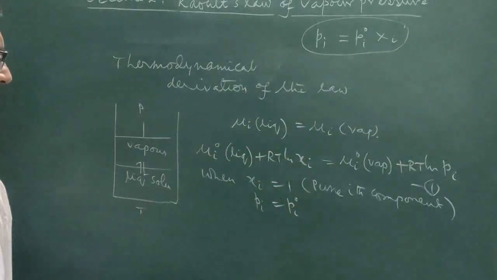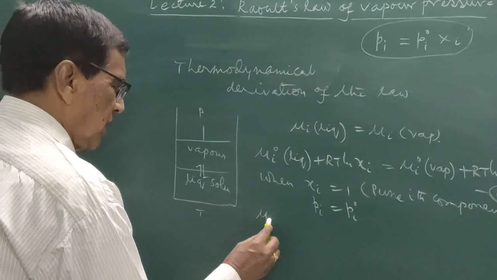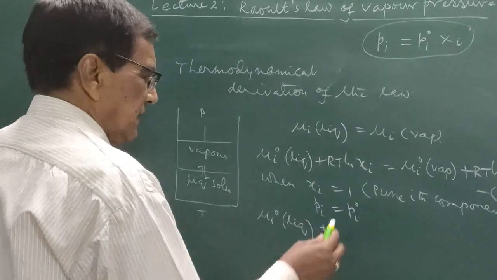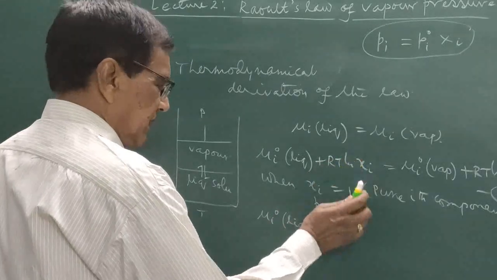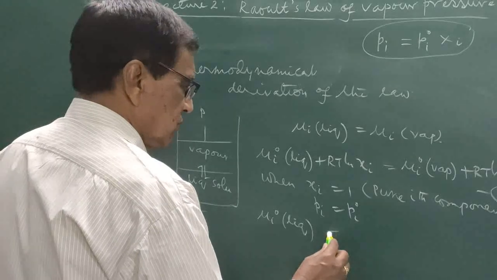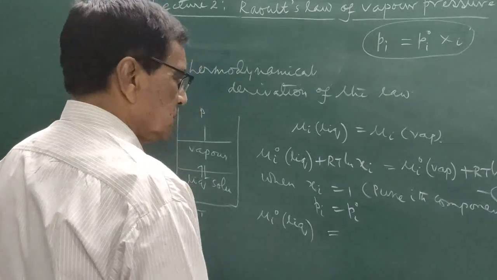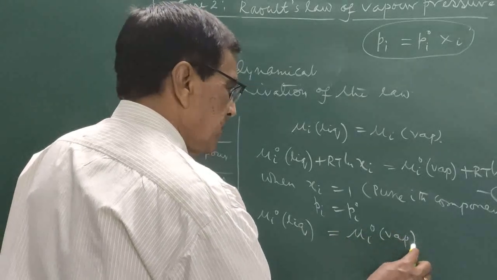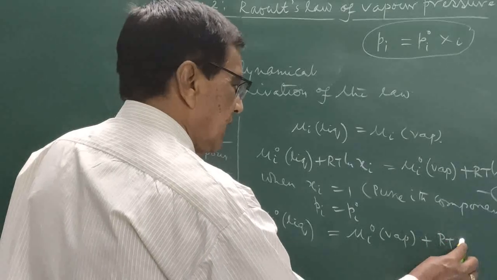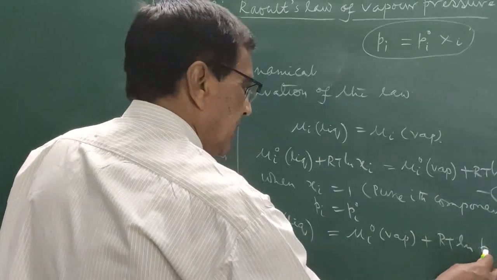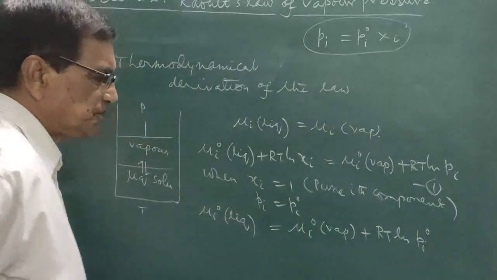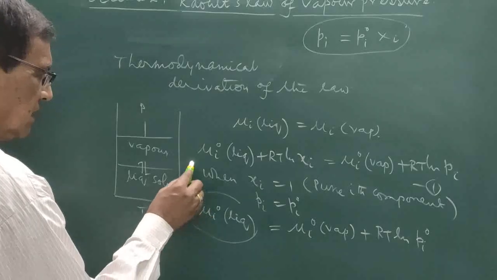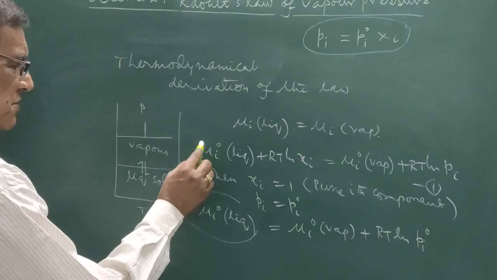So substituting here mu i naught liquid plus RT ln xi, with xi equal to 1, so ln 1 equals 0, and this equals mu i naught vapor plus RT ln. Instead of Pi, I shall write Pi naught. And if we put this term here, substituting this term by this part,